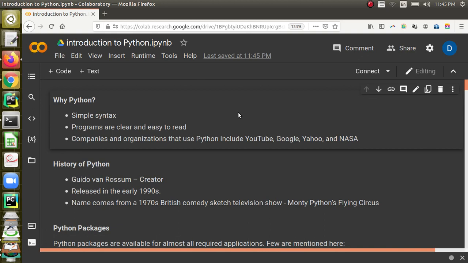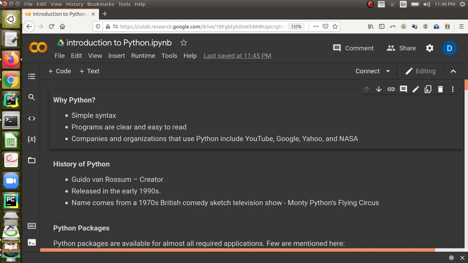Even though Python is not installed on your machine or Jupyter is not installed on your machine, that is not at all a problem. You can directly start working like this. Basically there will be two types of cells in a Jupyter notebook. One is a code cell, another one is a text cell. Code cells are going to help us to run the code. For Python it is very straightforward. Google supports us. It has all the packages installed. Even for data science you can directly work on Colab without installing any additional packages. They are already installed. This is the major advantage. And text cells are going to provide some concepts. Whenever we want to communicate some concepts, we will have text cells and we will add relevant concepts.